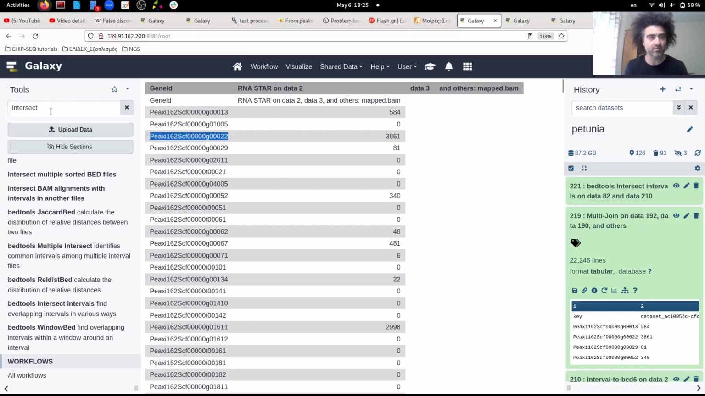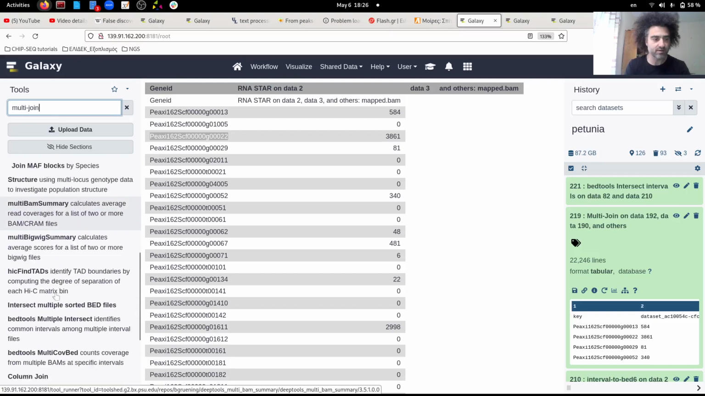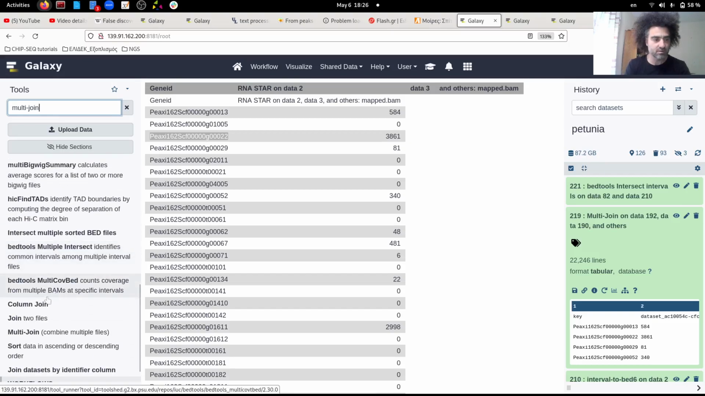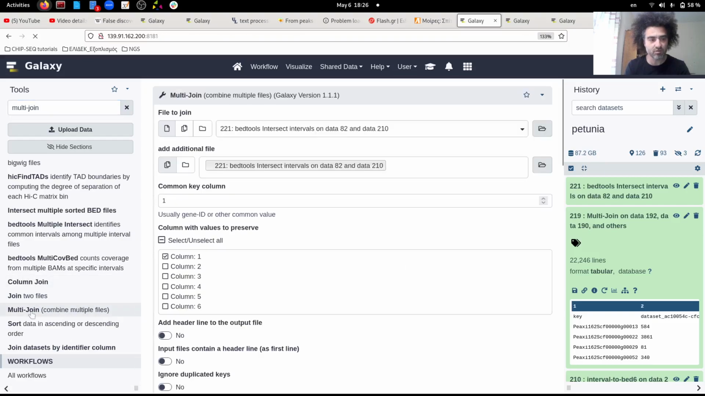So if I write here multi-join, let's try to find it somewhere here. So it's this one, multi-join, and then in parentheses combine multiple files. Column join could be another one. It didn't work very well for me, but multi-join worked pretty well. So if I click here to see how I have used it,